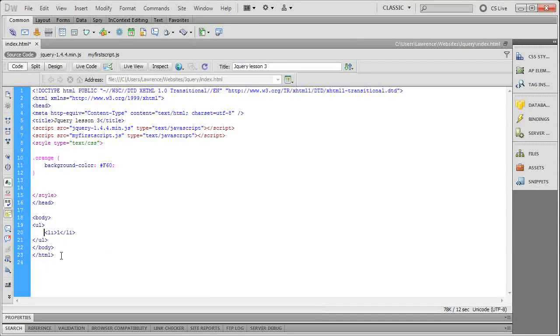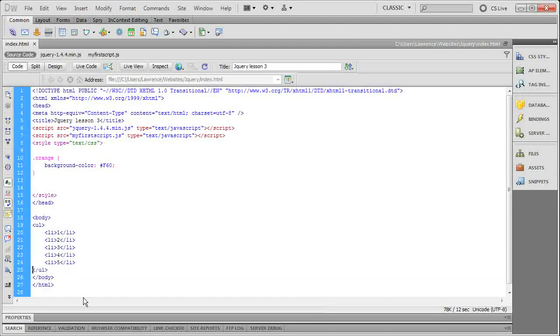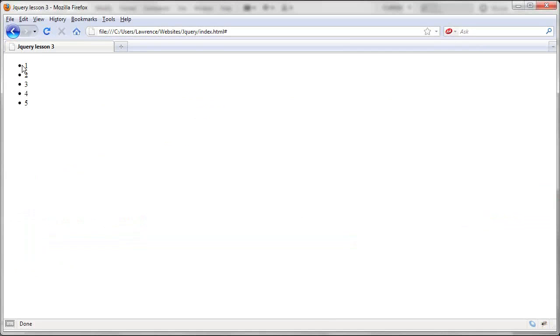So I can say 1, and then I'm going to keep adding that: 2, 3, 4, and 5. I'm going to refresh, and as you can see, we have this from 1 to 5, our list